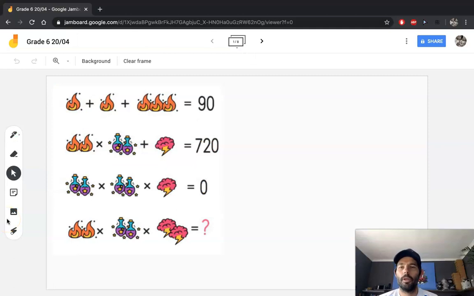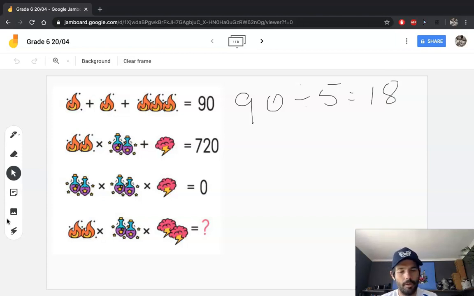Okay guys, well done for working through that. You'll notice the numbers are starting to get a little bit bigger on these challenges. So for the top line, which is where I would have started, I've got 5 flames that need to go into 90. So 90 divided by 5 is going to give me 18. So 1 flame is 18,